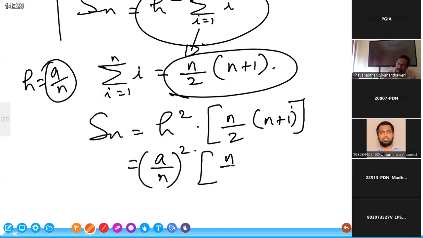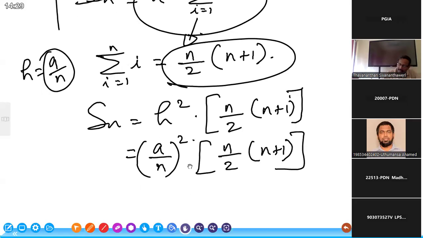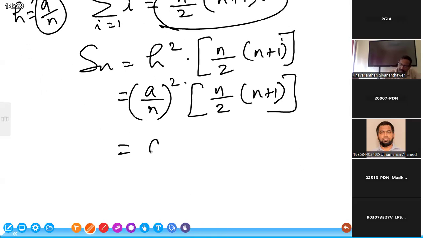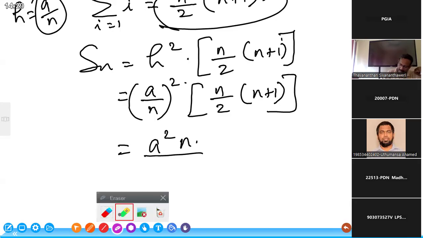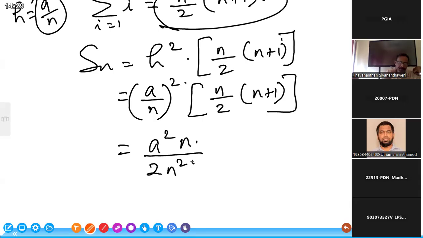Into n by 2 into n plus 1. I didn't do anything, I am simply substituting. So you can expand this. This is a square n by 2n square, right? Plus,